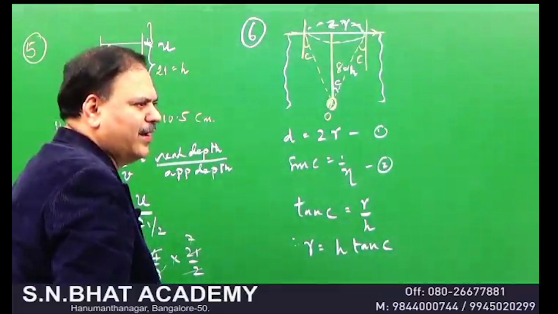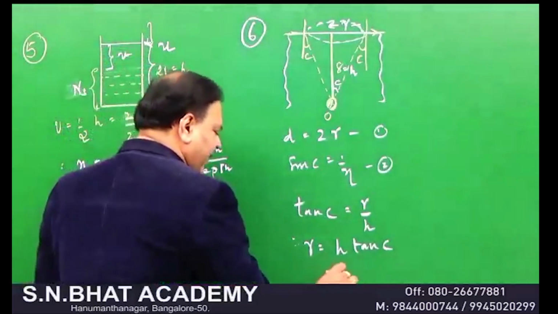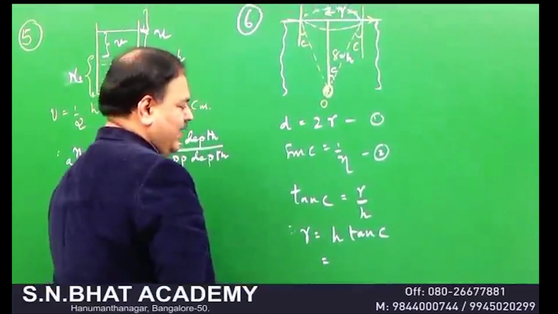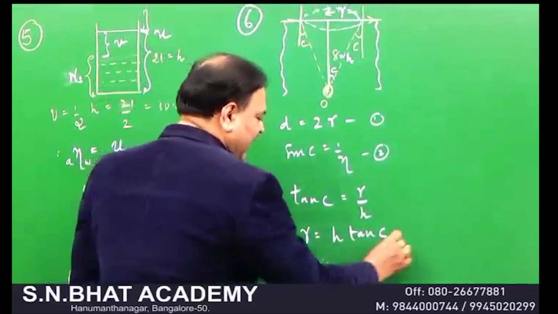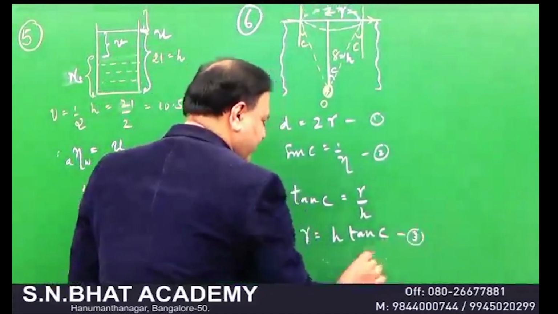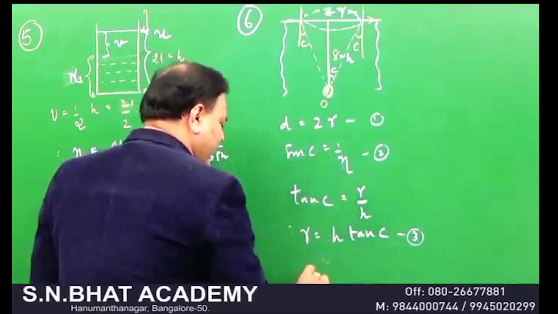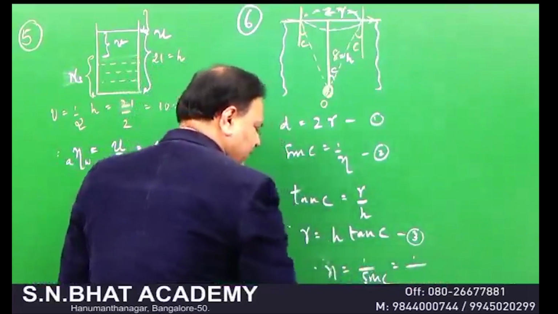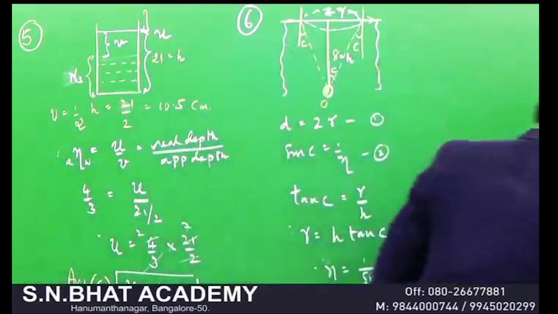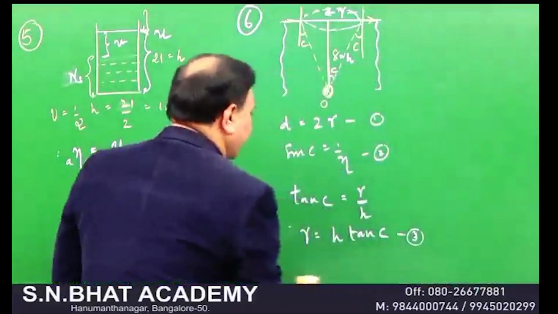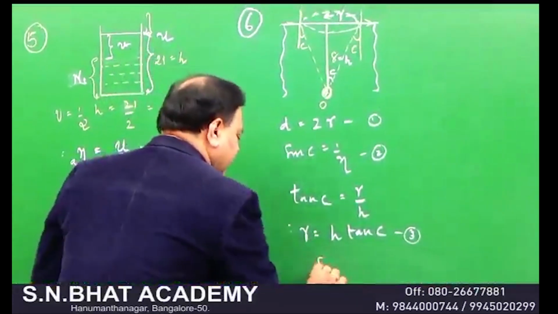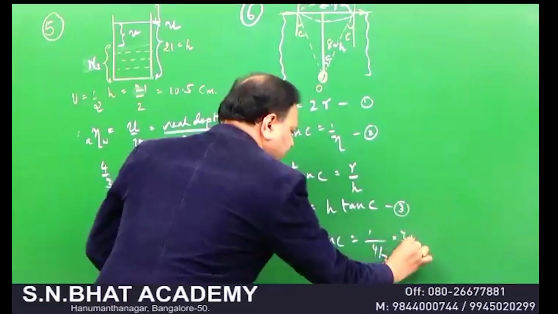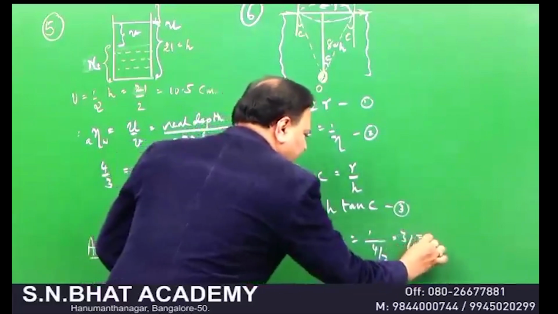See here, your h is 8 centimeter, and your c is not known, but he has given the refractive index. How to calculate that? What you have to do is, sin c is equal to 1 by n, therefore n is equal to 1 by sin of c. In this expression sin c is equal to 1 by n, n is equal to 4 by 3, that's equal to 3 by 4, which we call 0.75.